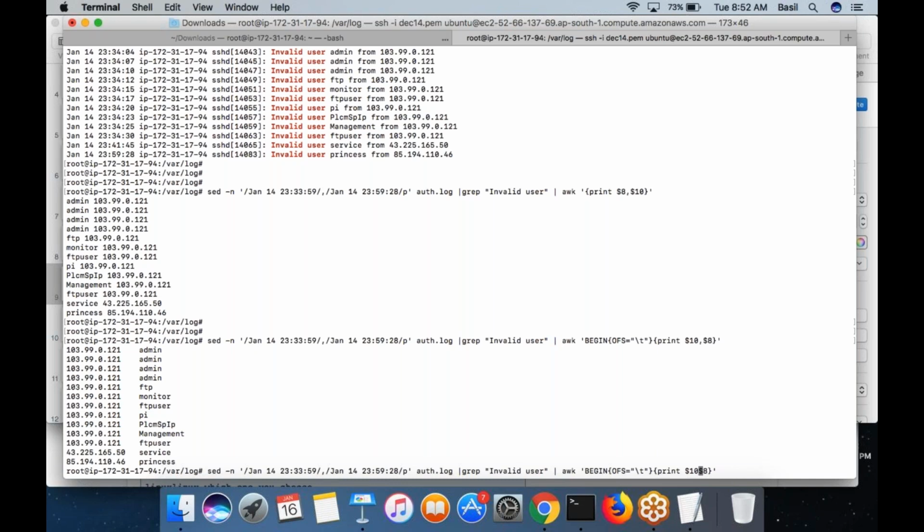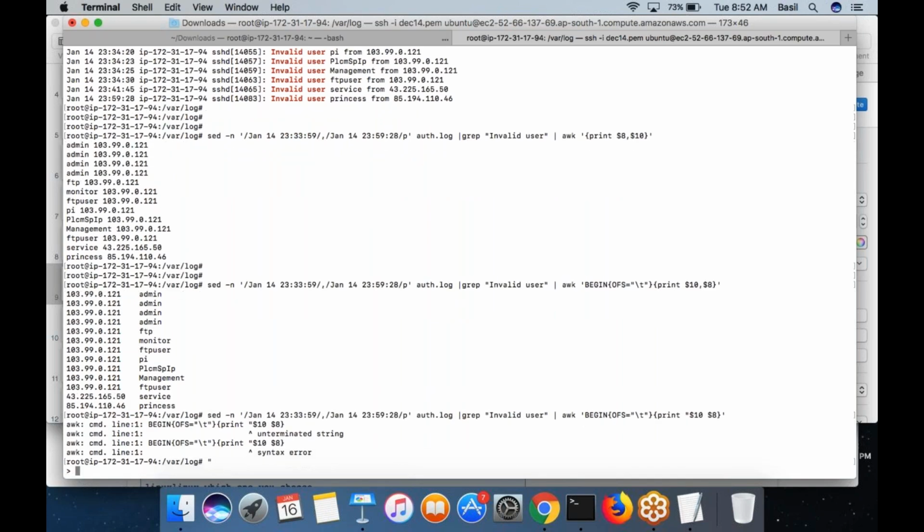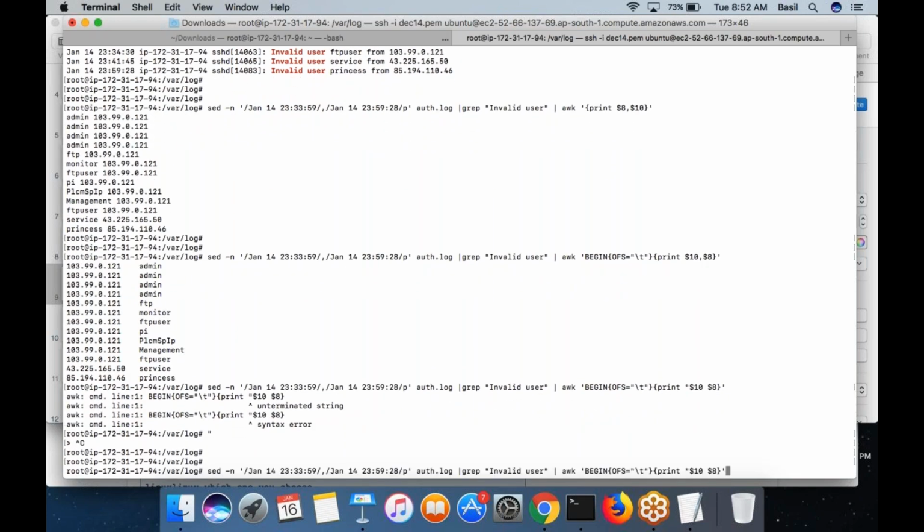You would print, from the IP $10. So over here in the print statement, I am putting something like from the IP address, this one, maybe put a comma.